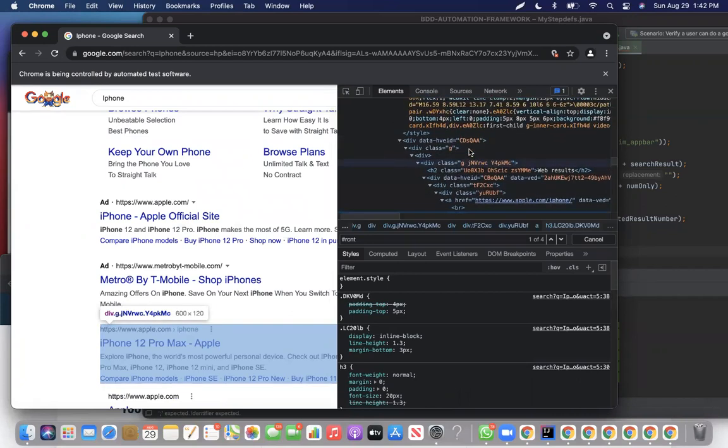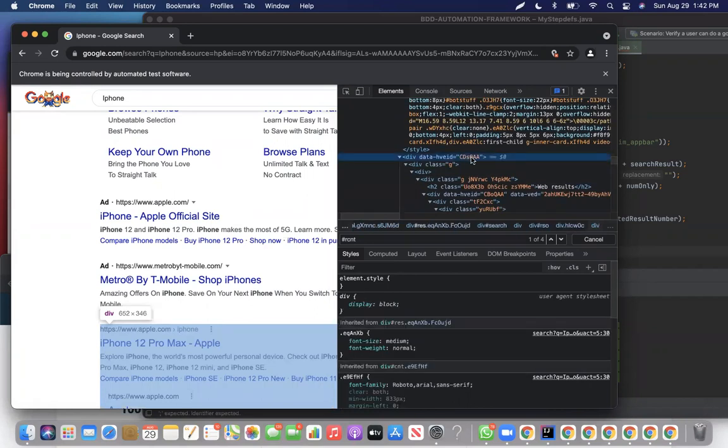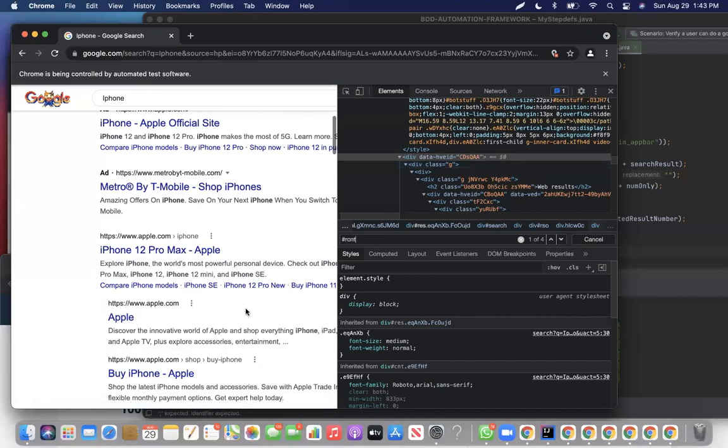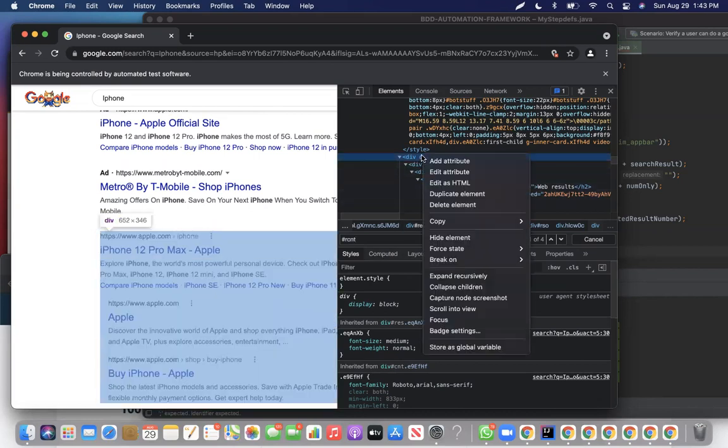So this is one, and this is the whole div, right? If this has the word iPhone, then we are going to call it a pass, right? So first of all, what I want to do is convert that into, so let's see,